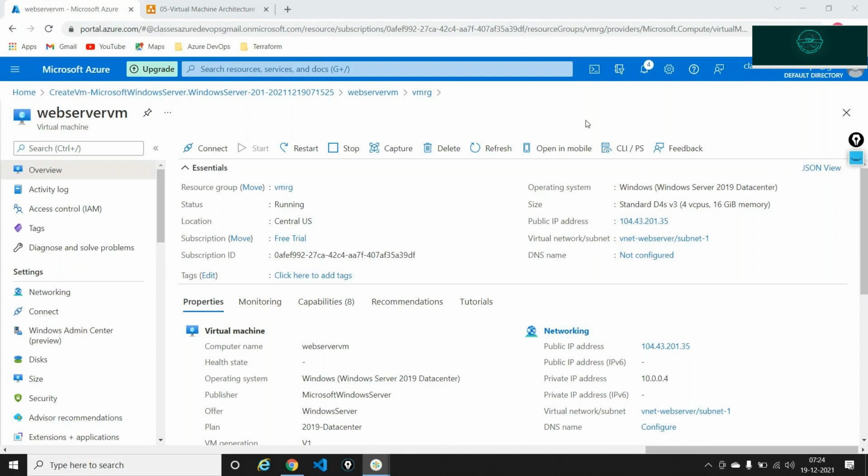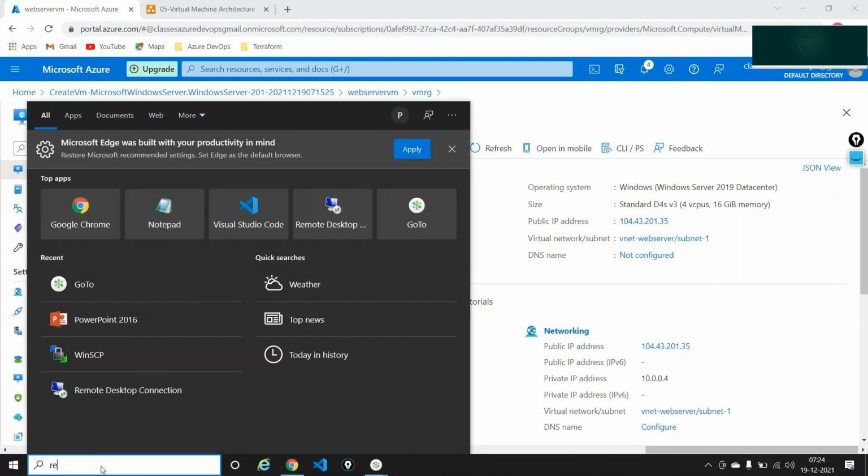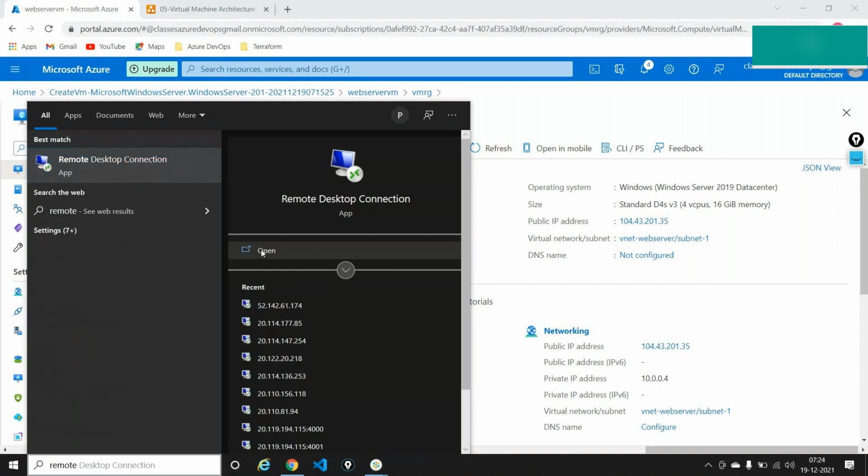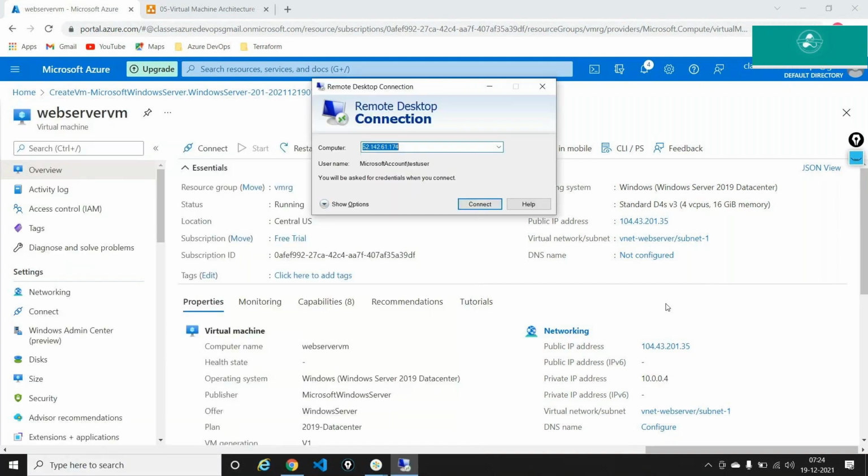We need to download RDP or, hmm, port, I mean IP port. Okay, so this is the IP, right? Yeah. I'll just copy the public IP address. There is an option to copy the public IP address to the clipboard. I copied it, and I'll open remote desktop connection. Once here, I'll give the IP here. I'll say connect,